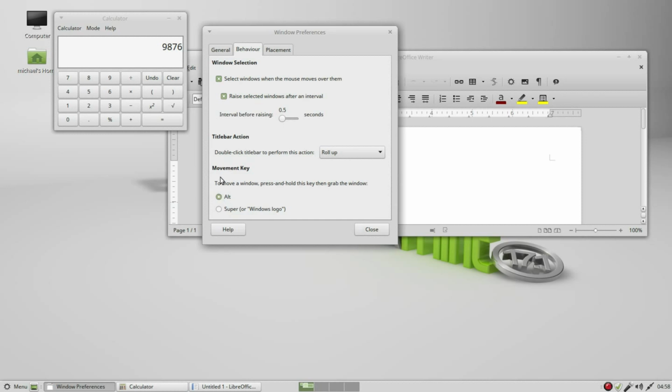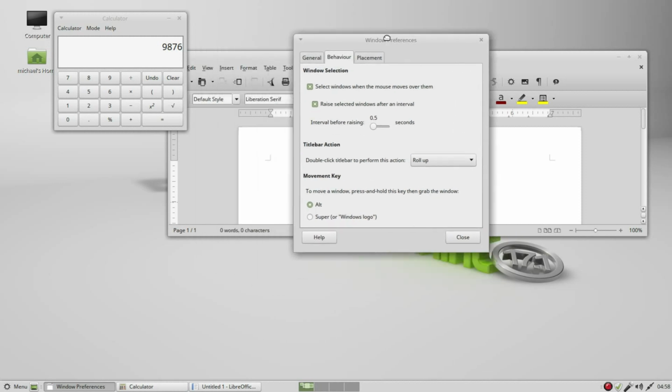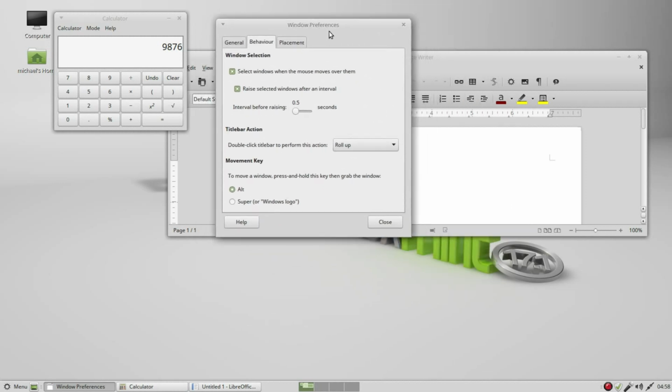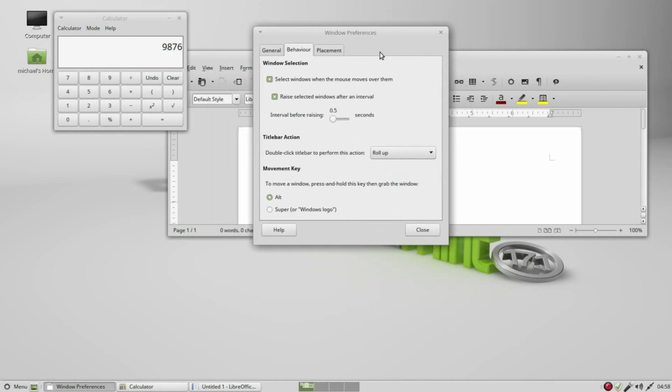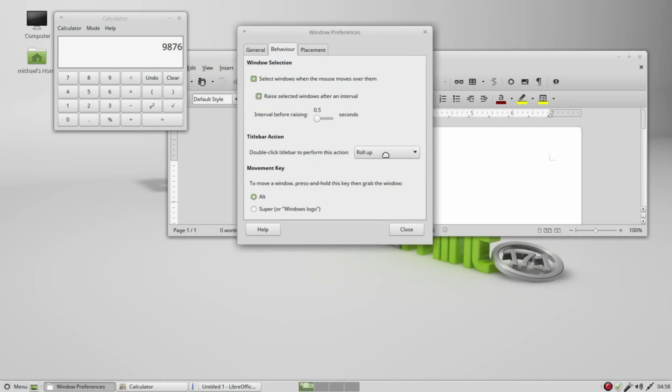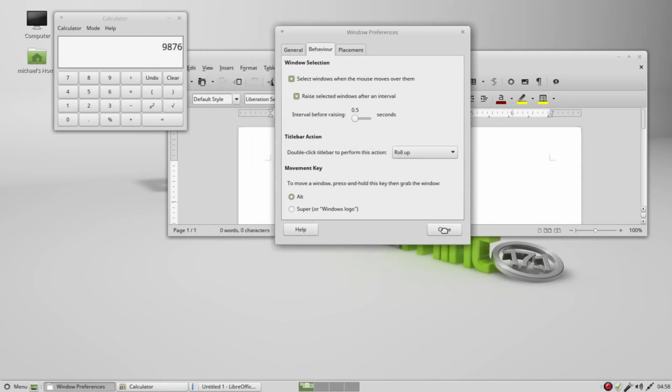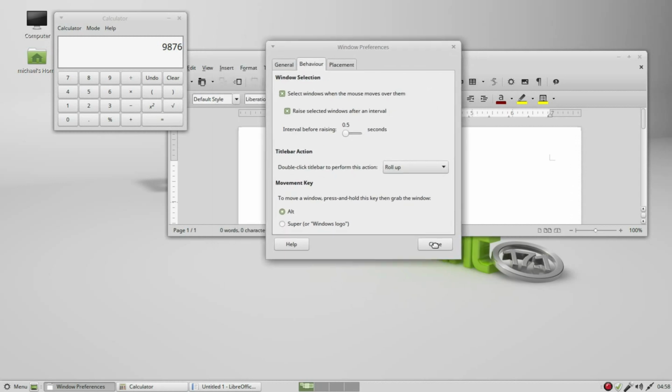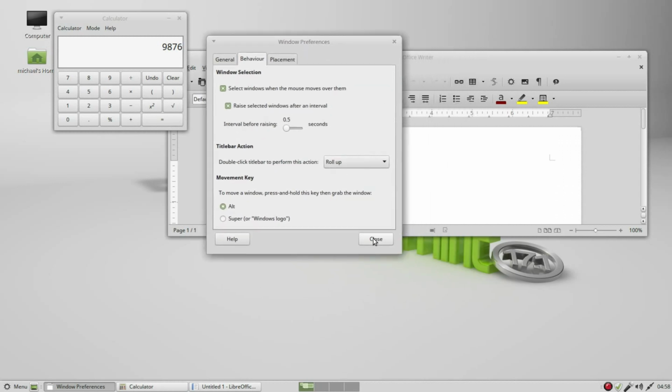And the idea behind this movement key is when I'm in the title bar, right now if I press down and move my window, I can move it. But if I'm not in the title bar, nothing happens. If I hold down Alt in this case and press my left mouse click over this window, I can move it. And that even happens if I'm over a drop down or a button. Because I'm holding down Alt, I can now move the window. Releasing Alt goes back to the normal window actions.